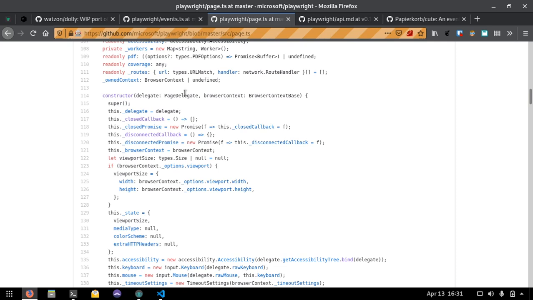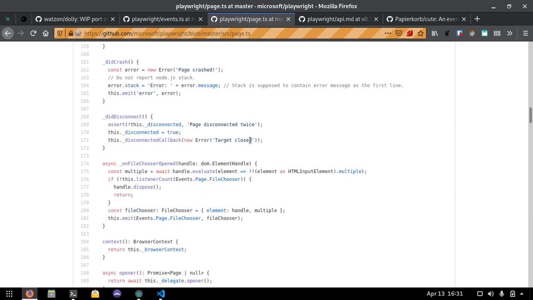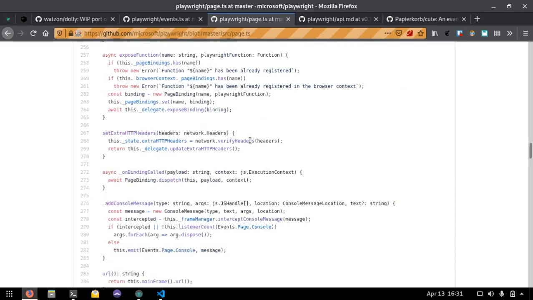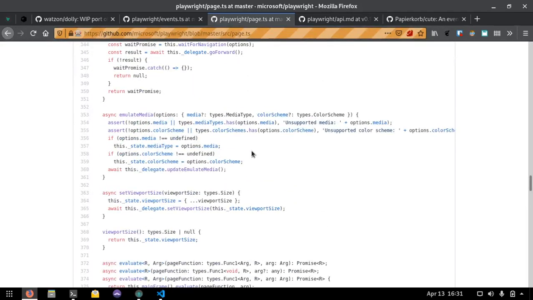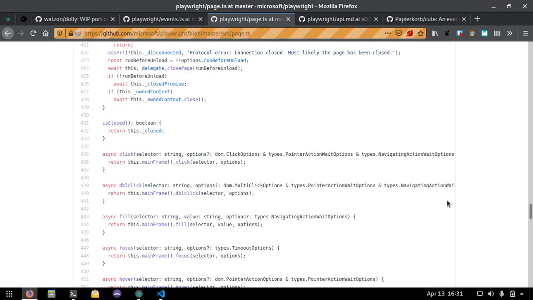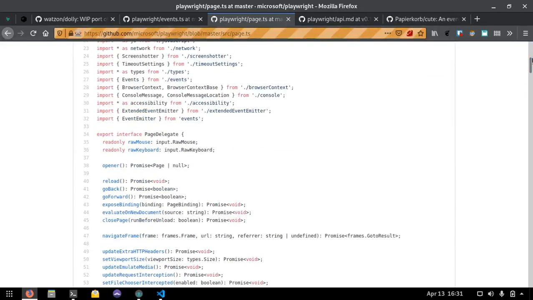Okay, so the page delegate is an actual object, which I assume goes and delegates all of these methods to the delegate. So I can actually just make that an abstract class because it's an interface, and this is going to